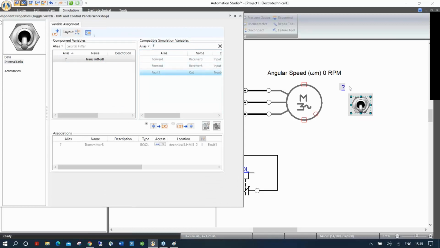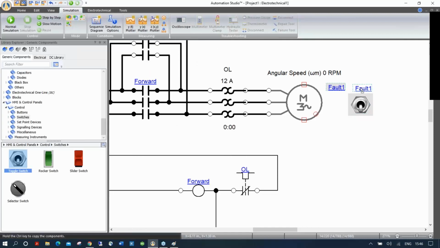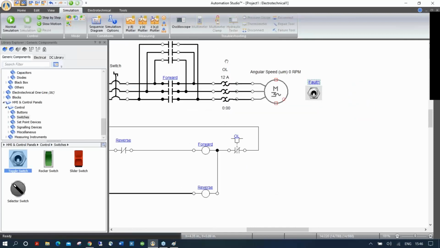Okay, but it doesn't display here. So you may want to name it like that if you want, because we don't necessarily want the students to see the name. But you can write it. It's up to you. So fault 1. Let me close this. So now if I launch a simulation again,